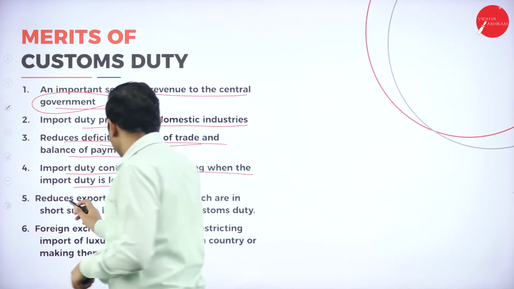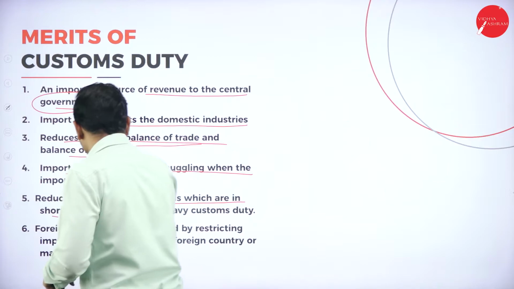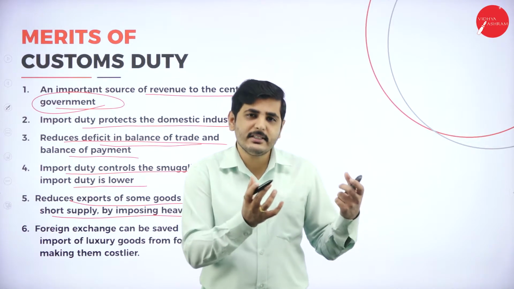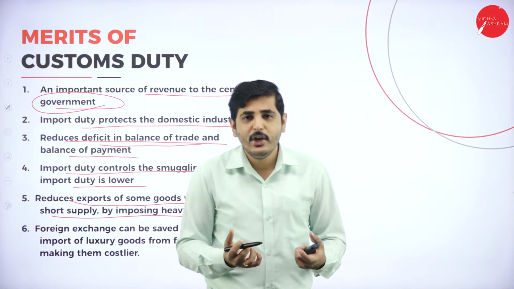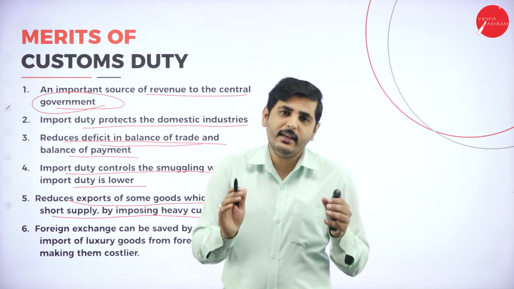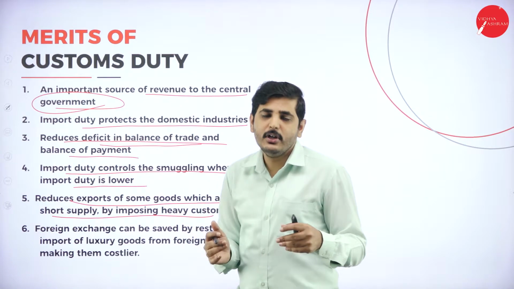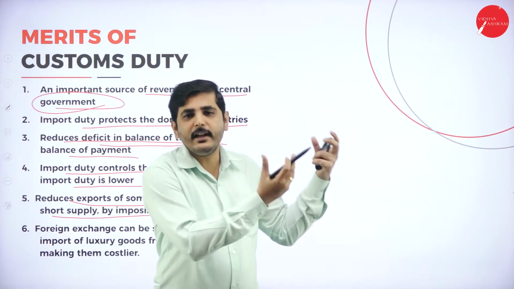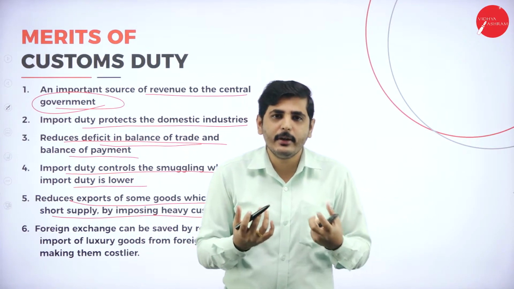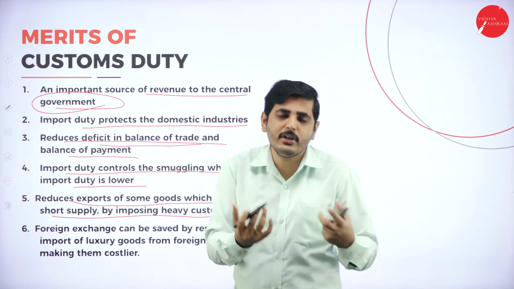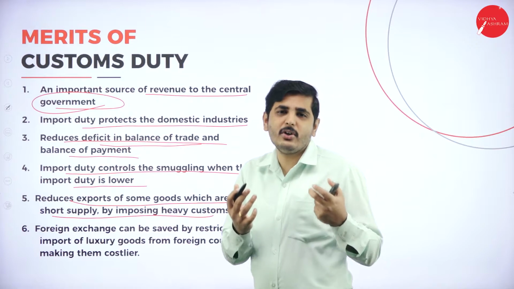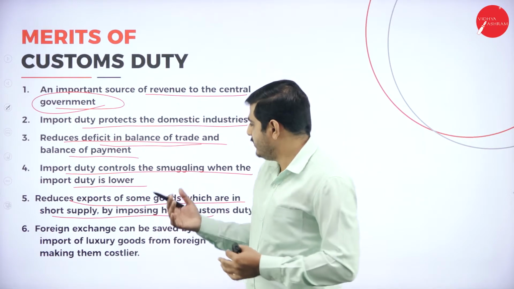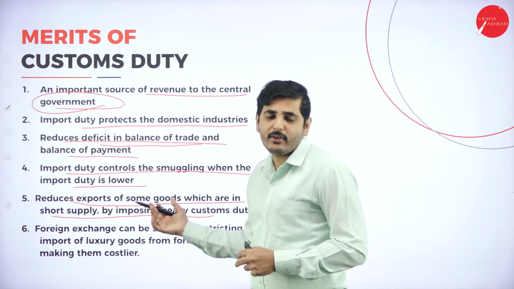Next one, reduce the export of some goods which are in short supply in our country. For example, onion or any other agricultural products. During some seasons, there will be huge demand in our own country. So when the government leaves export free or gives permission to export, our farmers or dealers will export that particular good because they will get a higher price in the other country. So in order to get more profit, they will export instead of selling the same products in India only. So in order to avoid this, to bring down the demand, or to increase the supply during the season when there is huge demand or scarcity